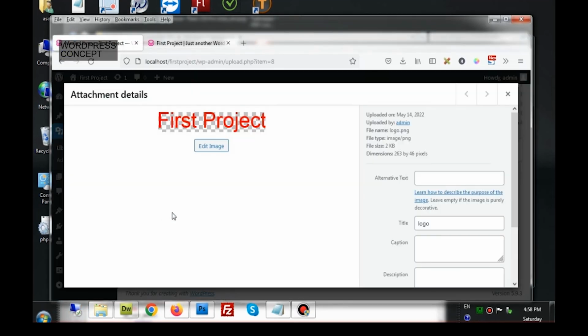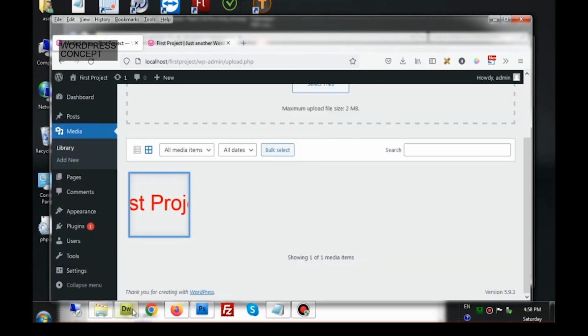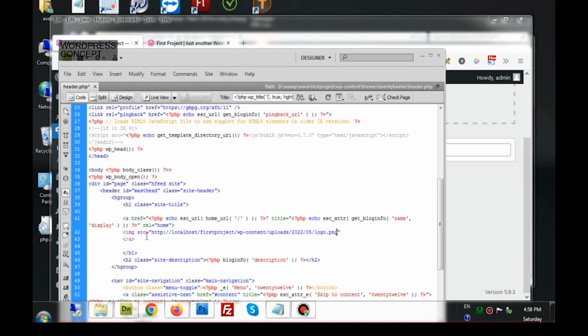If you remember that or not, click here, and this is the address of the image that we have uploaded in the media library. So I'm pasting this URL or link or address here, and we will have to close this img tag.